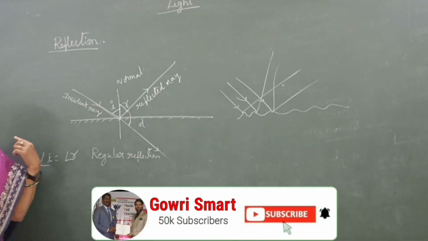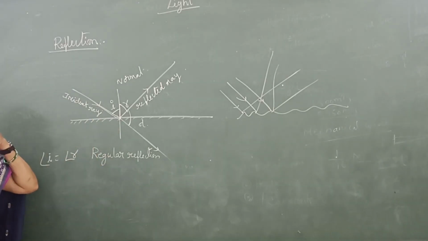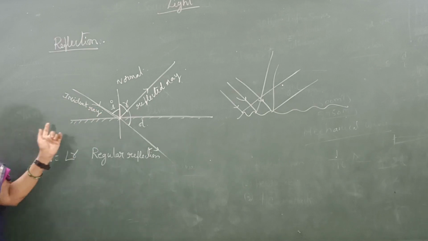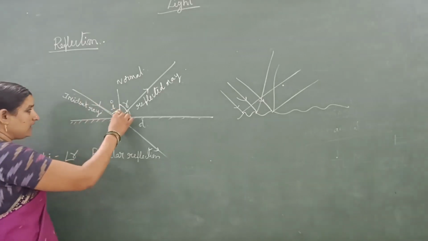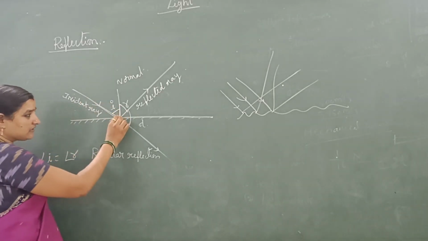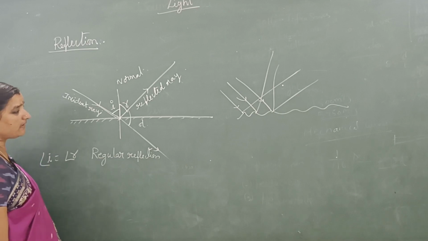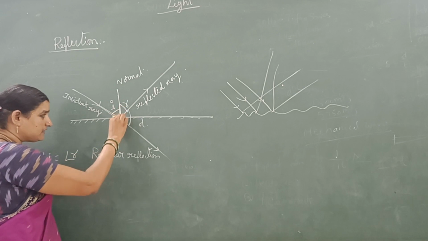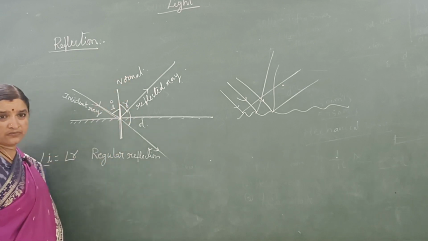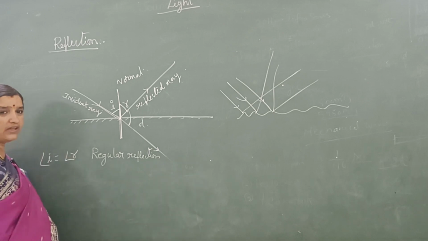Reflection that takes place in a smooth surface is called regular reflection. A mirror has a smooth surface and is an opaque body, so reflection takes place in a mirror. The light ray which falls on the mirror is called the incident ray. After reflection, the light ray which comes back into the same medium is called the reflected ray. The normal is drawn from the point of incidence. You have to measure the angle of incidence and angle of reflection from the normal.